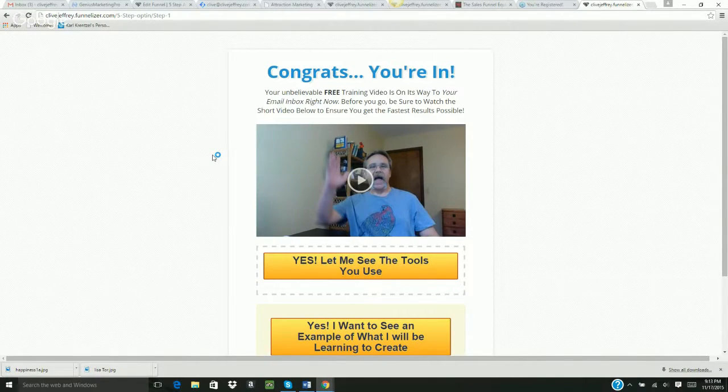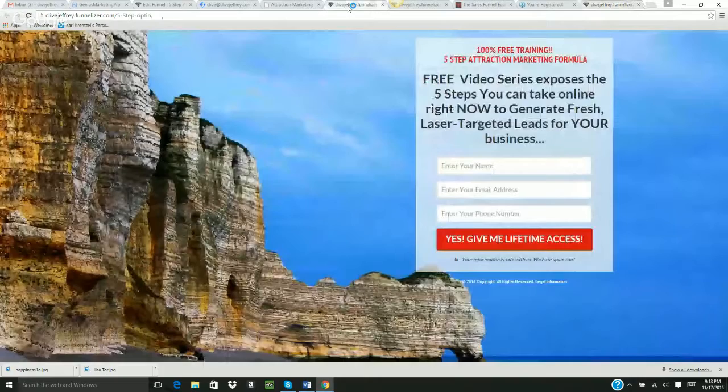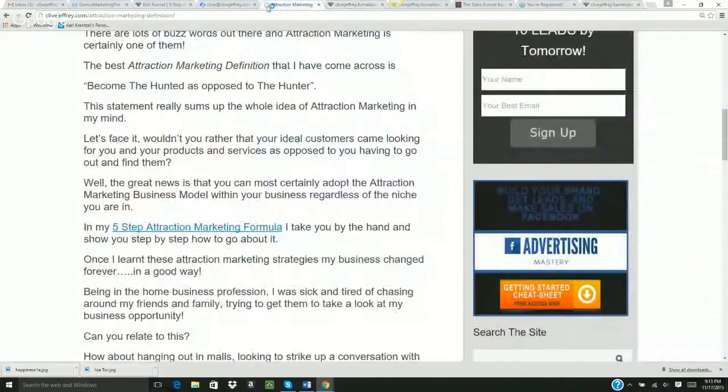If they put a bogus email in and they want the training, they're going to go back and re-opt in with the correct email, otherwise they won't be able to access the training further. If they were able to get straight there with a false email, it would defeat the purpose. It's got to be a fair win-win trade: they get my training in return for their contact information. Once they check their emails, they get the link, and that takes them through to